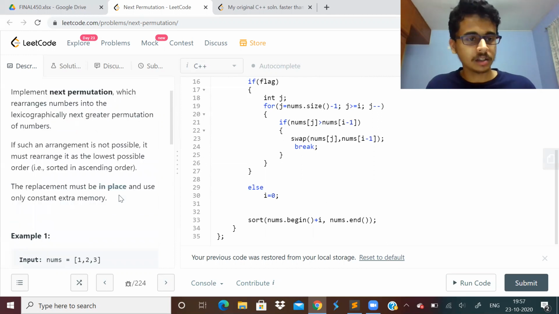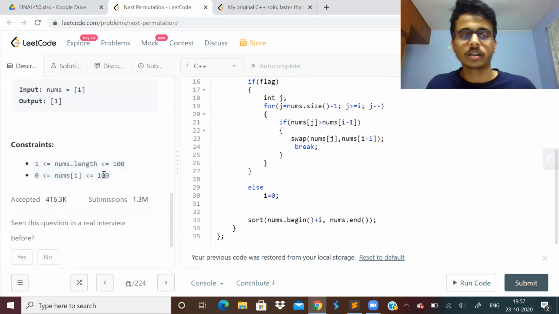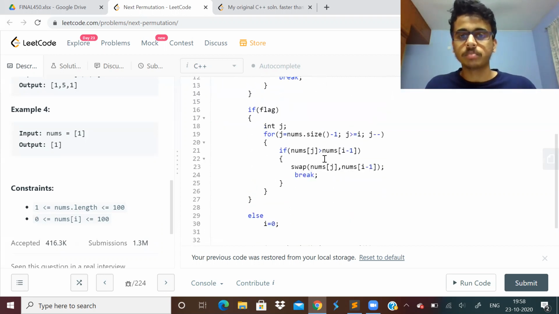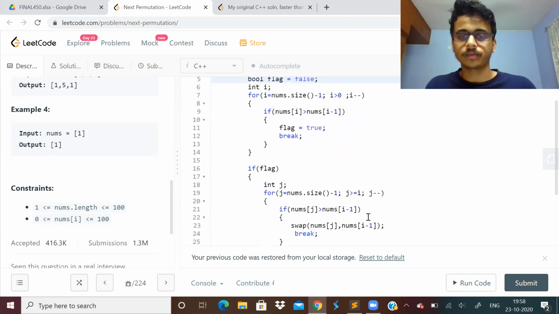STL you can use, because if it's an online round, it will obviously work. But in interviews and all, they don't like STL. From my internship test experience, I can tell you that hashing, hash maps, sets and all, mostly they don't like. Even with sorting, they expect you to do merge sort or quick sort. They don't want you to just call the STL sort function. So keep that in mind. So this is how you approach this problem. You can have a look at the code once more.